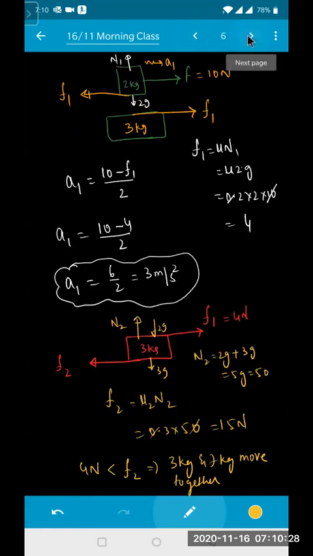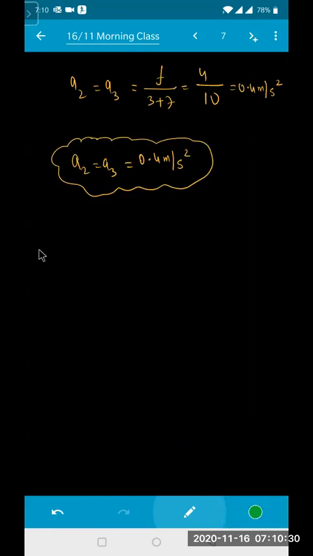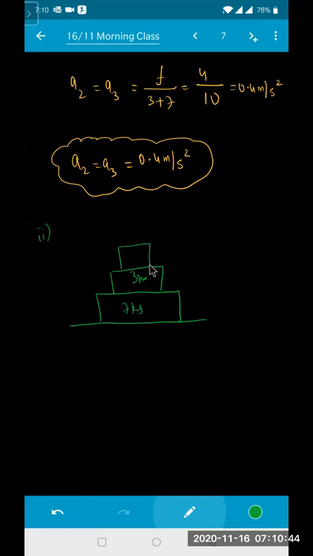Okay, now do the same problem by taking the forces. In the second case, we'll draw the same condition. Here there is your 7 kg block, this one is your 3 kg block, and on this one is your 2 kg block. Now we are applying the force. Again, same condition. Here the mu value is equal to 0. Here the coefficient of friction mu is equal to 0.2. Here the coefficient of friction mu is equal to 0.3. Here the frictional force is equal to 0. Now you apply the force on the 3 kg block like this.